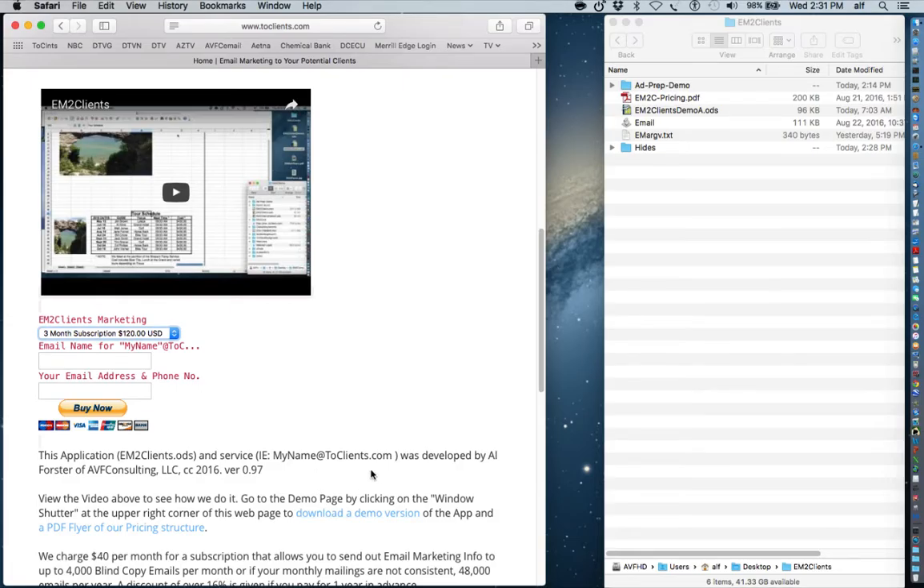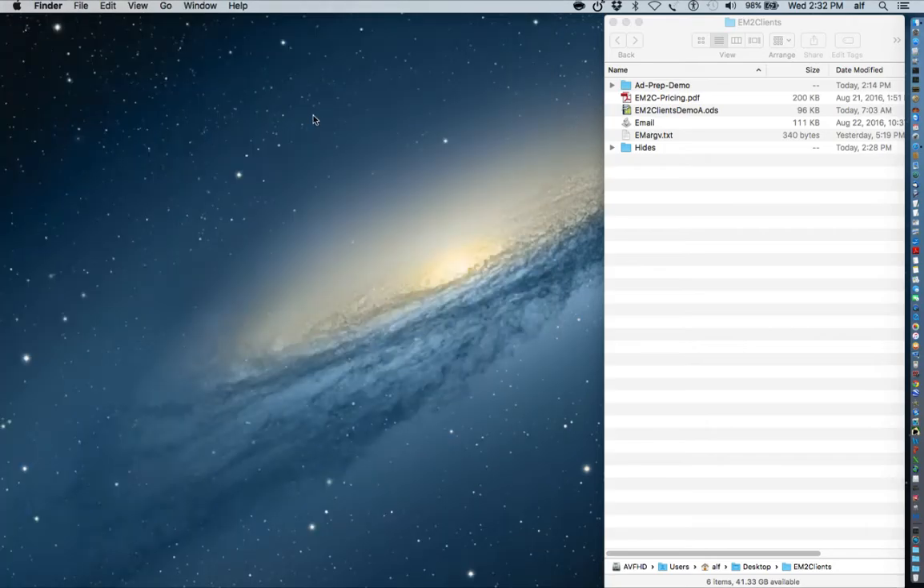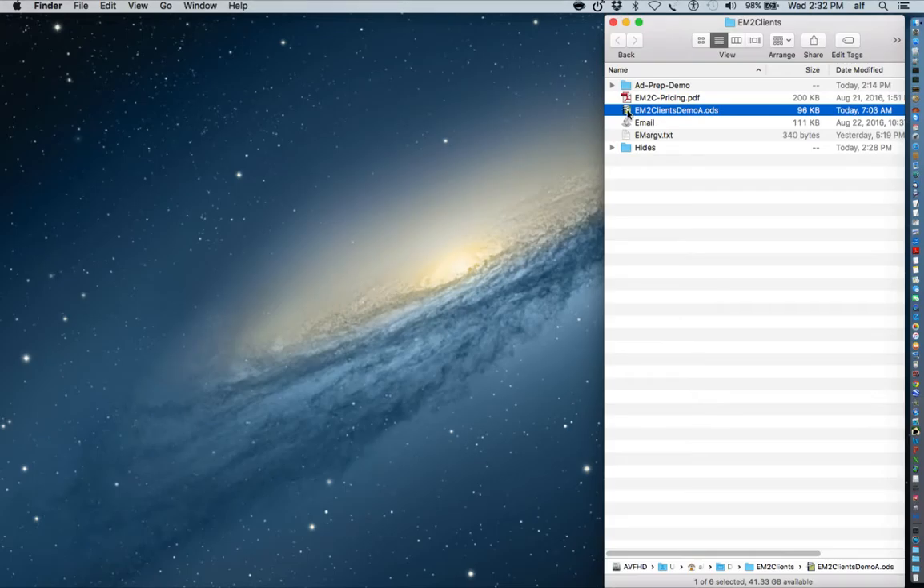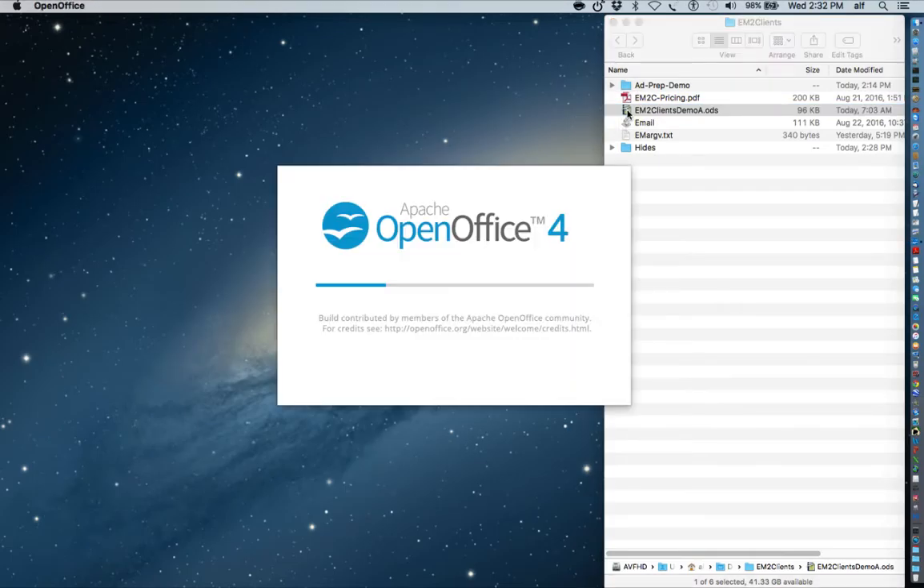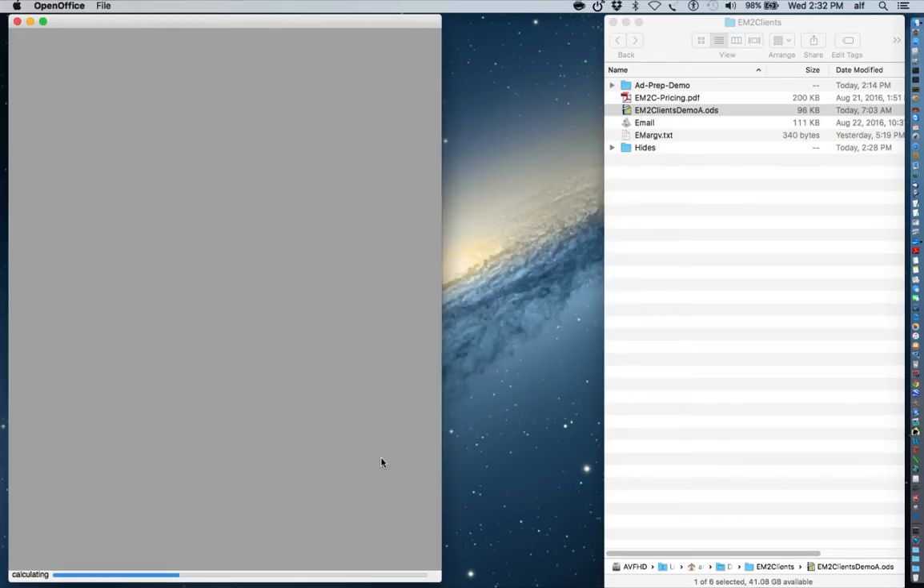There are also several other pages that you can view on our website, but you can also click the download a demo version to get the demo version that I'm going to be showing next. And you can also view a PDF flyer on our pricing structure. So let's quit the web browser and start up our client. Our EM2Client demo